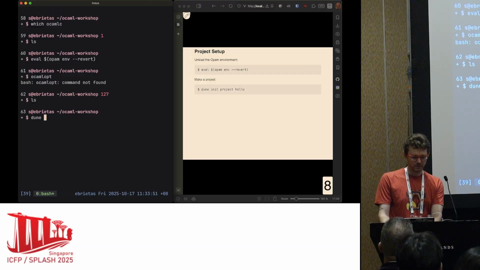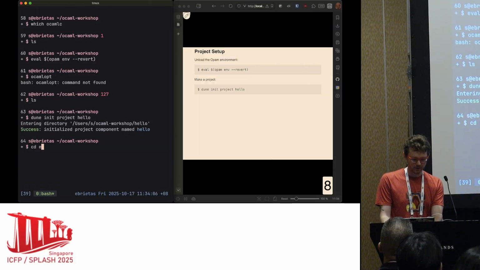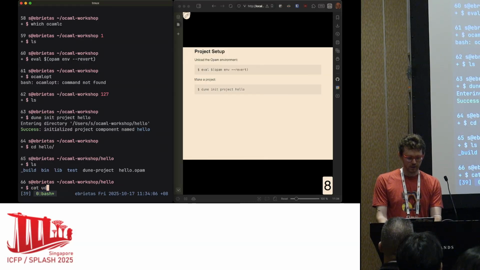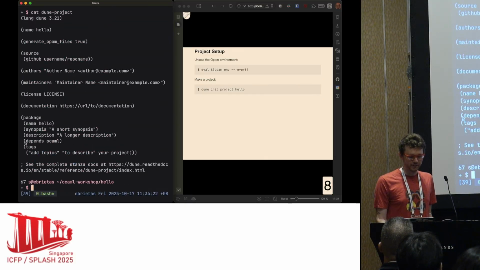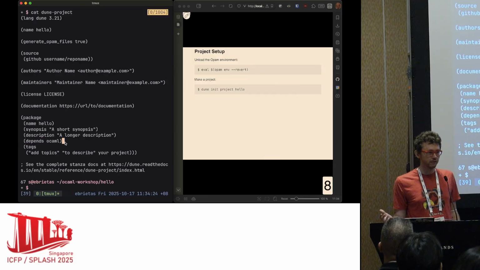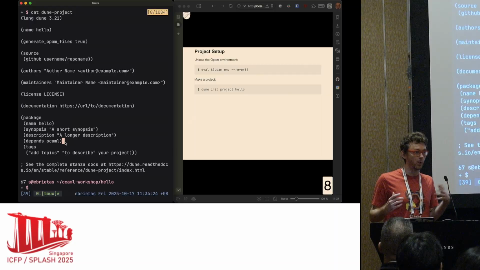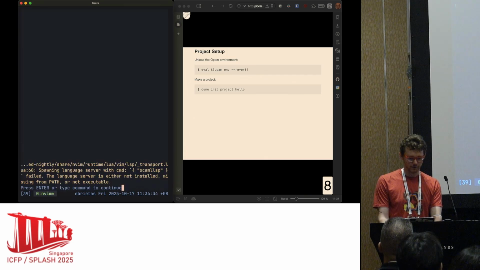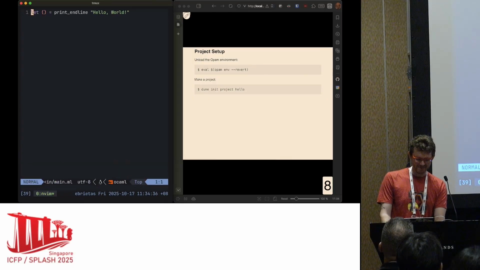Very good. So this is dune init project hello. This is an old command. We didn't add this as part of package management. All this does is it initializes a fresh project. We get a Dune project file. Even though this is a fresh project, it still has a single dependency on the OCaml compiler itself, which in the OCaml ecosystem, it's just an opam package. And the source code that we're going to be modifying today is this main file, just ignore that error,